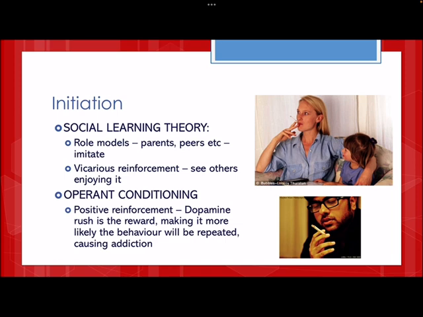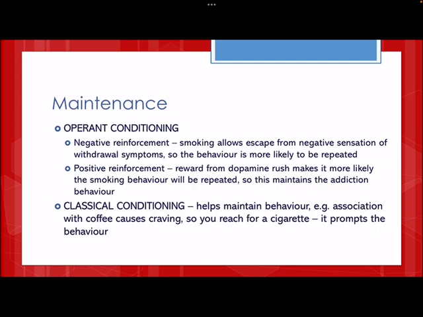You copy someone else. Operant conditioning also explains the start of smoking. The idea is that once you take your first puff of a cigarette, you get that immediate dopamine rush that we looked at in the biological approach, that rush of dopamine through the reward circuits in your brain, giving you a feeling of pleasure and euphoria. That acts as a reward, and therefore operant conditioning takes place. Because you have the reward for the action of smoking, you're more likely to repeat it, and therefore it develops into an addiction.